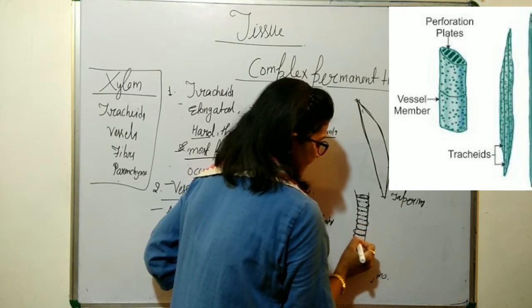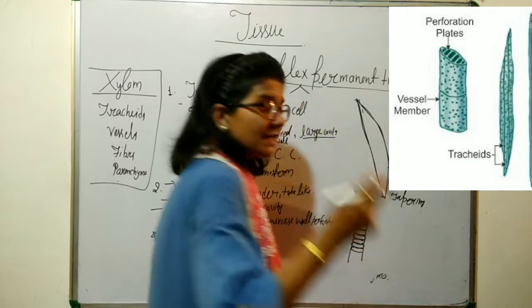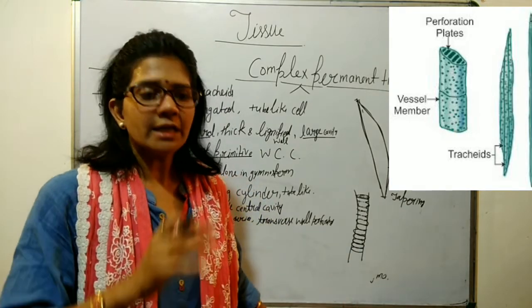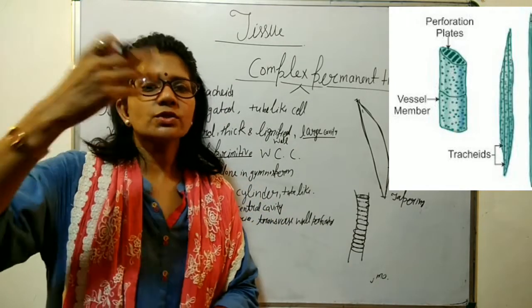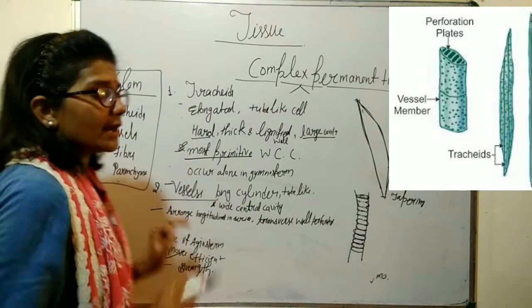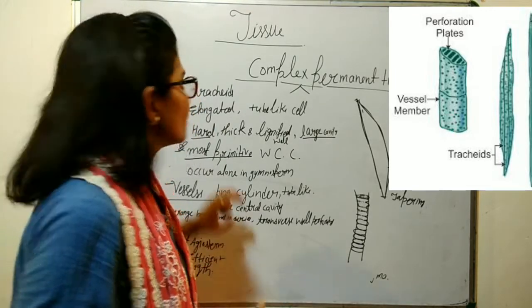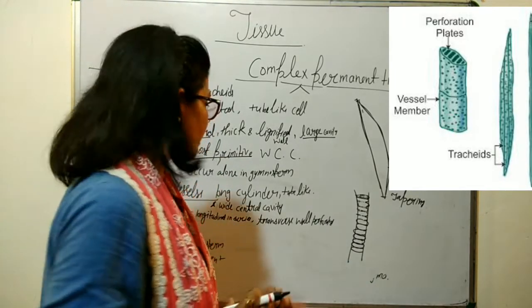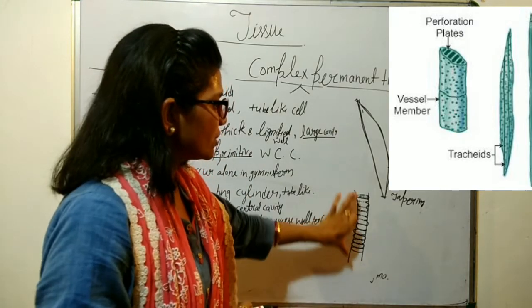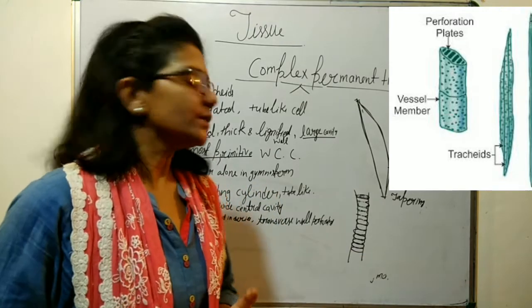And this vessel, as it is more evolved than the trachea, is more efficient to conduct water from the soil to the plant. So we can say it is more efficient, and along with providing the strength, it is also providing the strength. So we call the xylem a wood also, I have told you earlier. Along with this conduction of water, it also provides the strength to the plant.